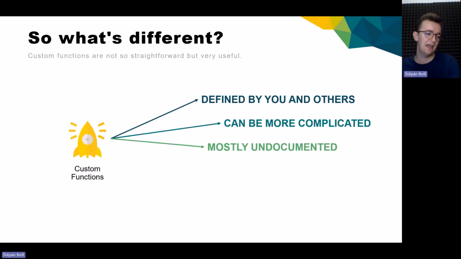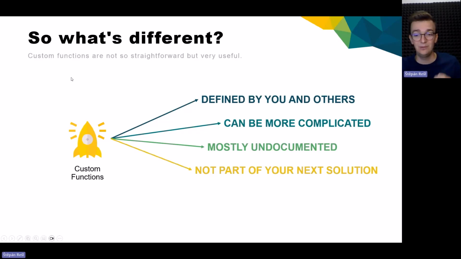Even if you would have every step inside the function very well named, still it will be very hard to understand for a normal user that would like to just use your function. So it's very great to document them and spend the time on that. And then they are not part of any of our next solution, which is actually something